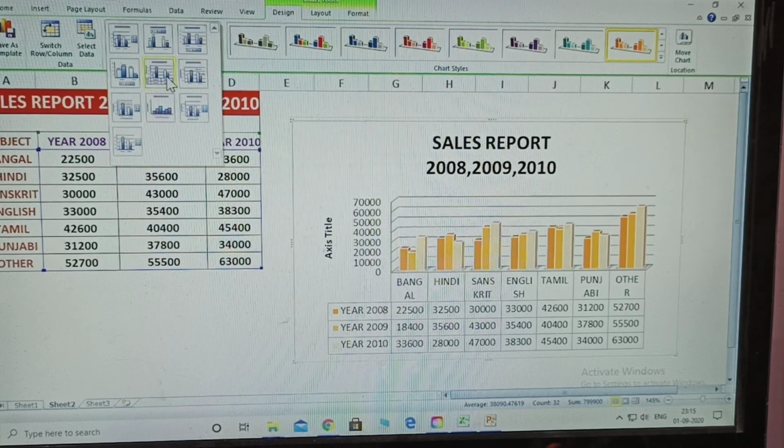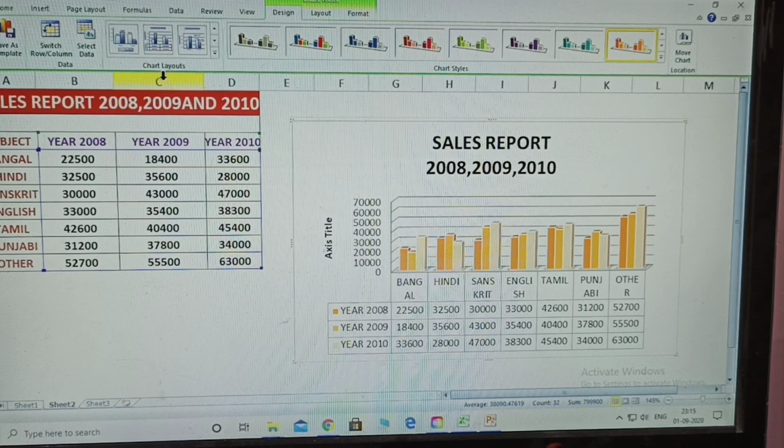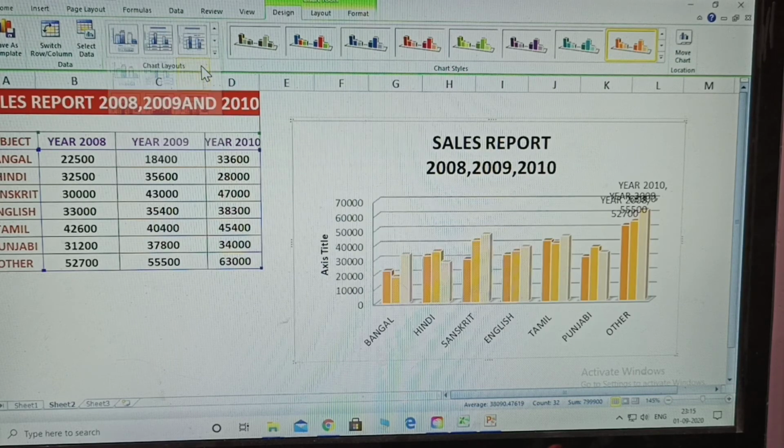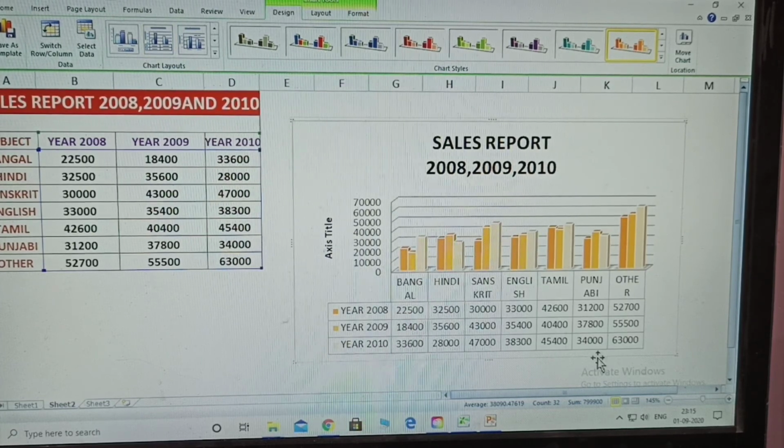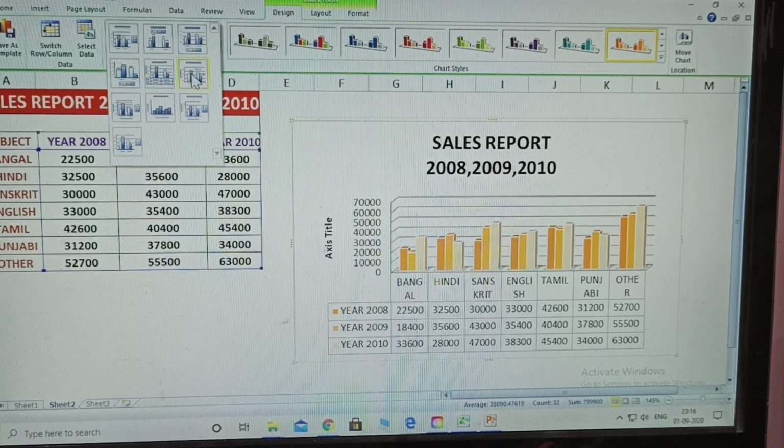You give the layout here. So after selecting the layout, it shows which year's data. This means books year wise, how the books are selling, also displayed here. Okay, which books are displayed here? Hindi year wise, and Hindi means subject wise displayed here. That is called a layout, available here.